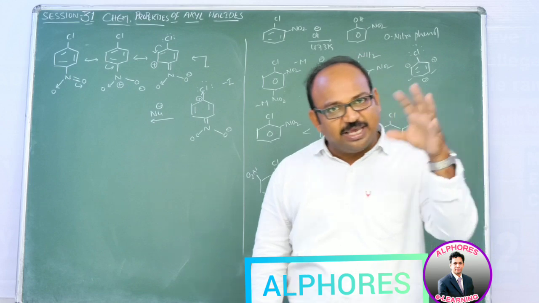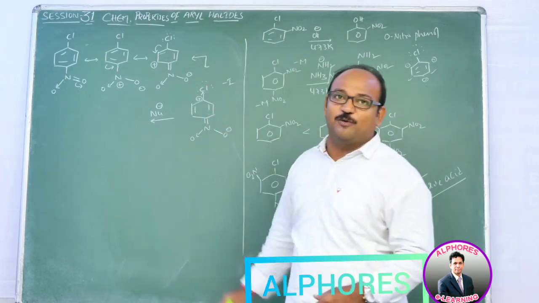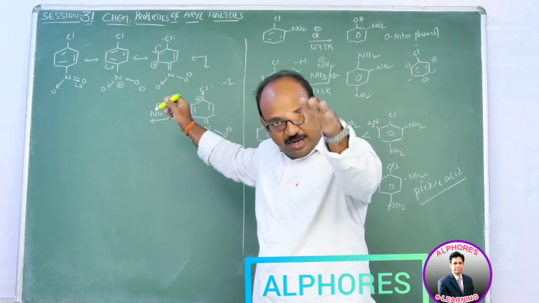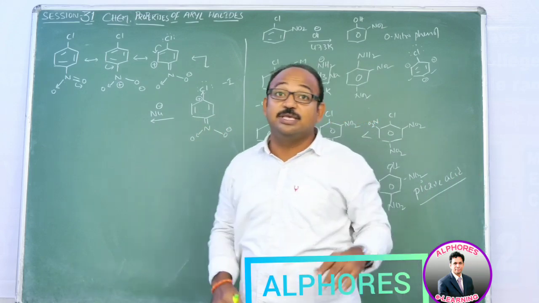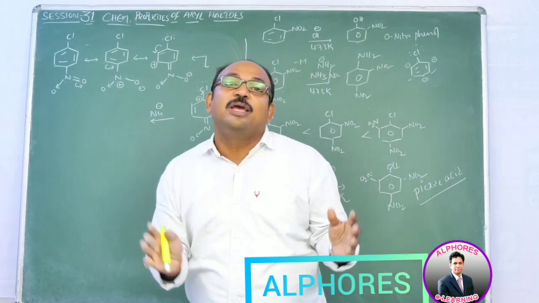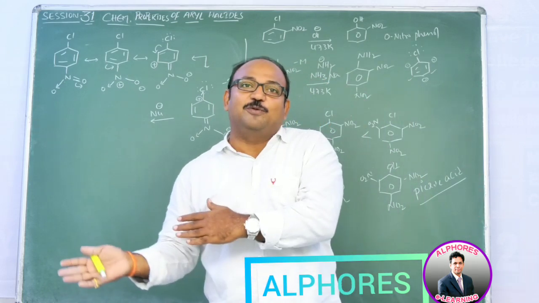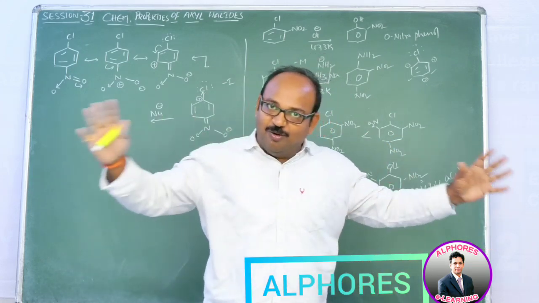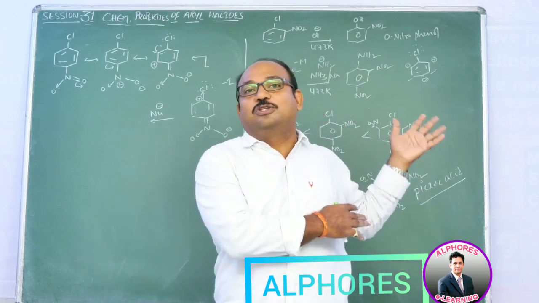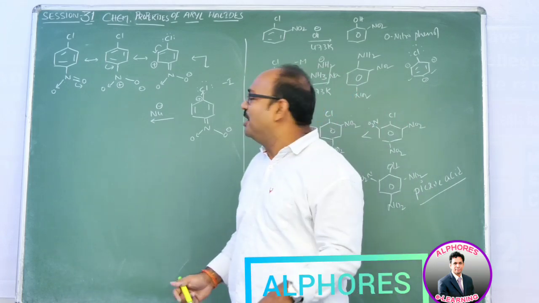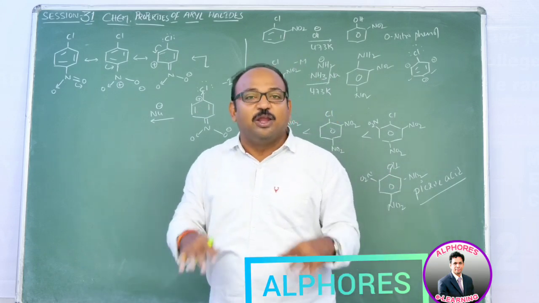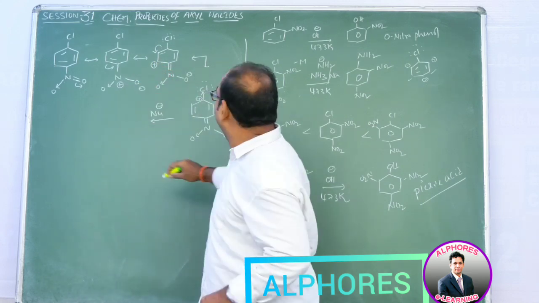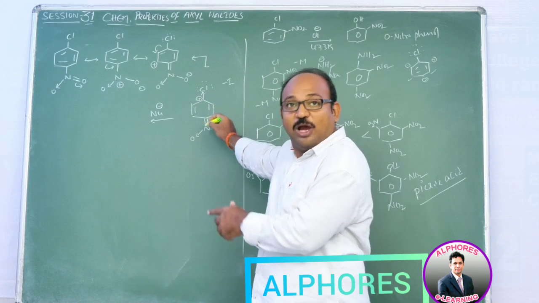But the same chlorine, because of the presence of the NO2 group, says to the nucleophile, please come here. Here only positive charge is there. Come and attack here, I am going to leave. See the variation in the behavior of chlorine in the absence and presence of the NO2 group. In the absence of the NO2 group, we said that it can make the ring more activated and electron rich, so being a nucleophile, you cannot approach. It is not like that with the same chlorine in the presence of the NO2 group. It says, you have to come where the positive charge is. Here you notice the positive charge, not there. You have to come and attack here.